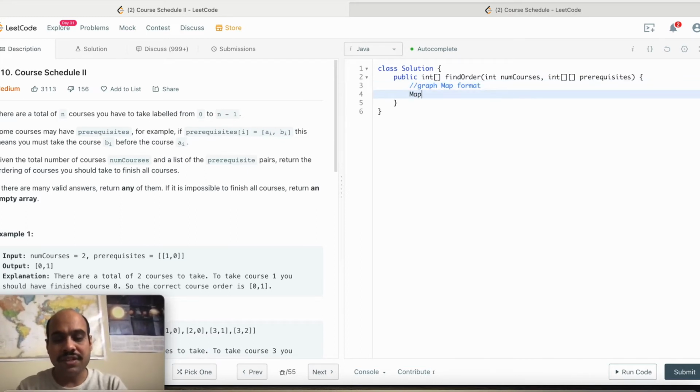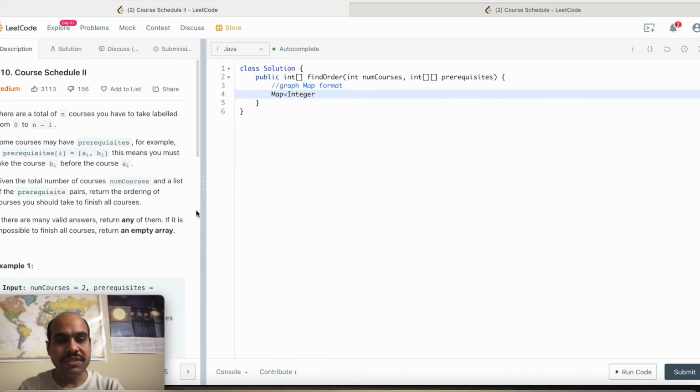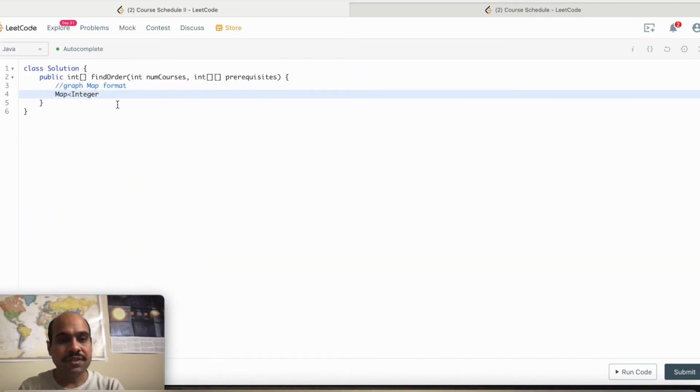So I will declare graph as a map of integer to list of integer. I will call it graph, and it will be a new hash map.